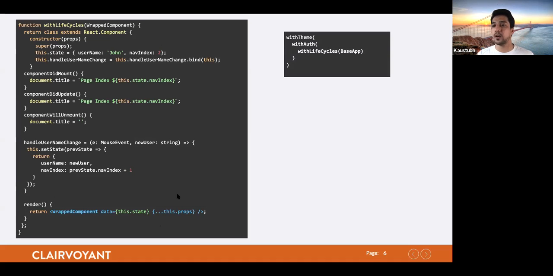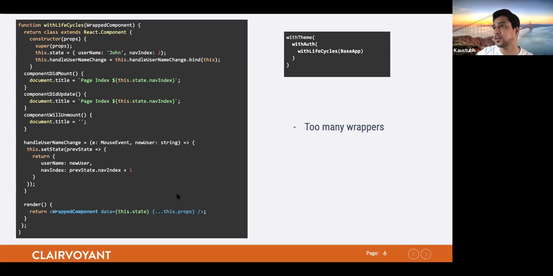If you have bootstrapped any of these projects right from the authentication step, you would have observed that you keep on adding these wrapper functions over here. So there will be a theme with auth if there is an authentication, and then finally you render your application. Again, this has some caveats: when you add new functionality to this component, you are going to end up doing a lot of refactoring over here. There are too many wrappers.